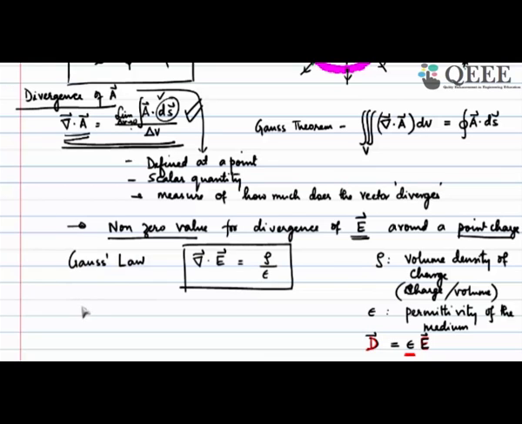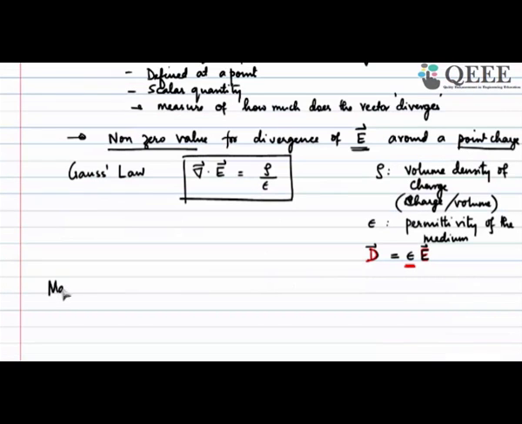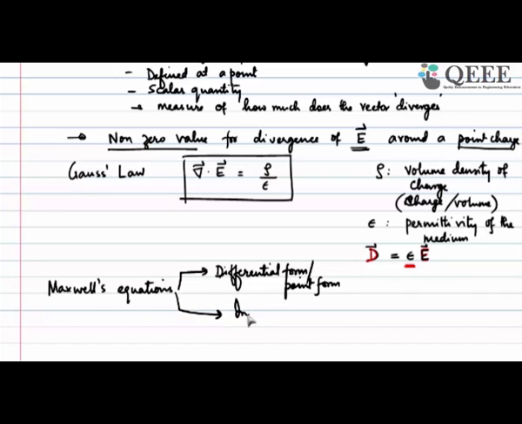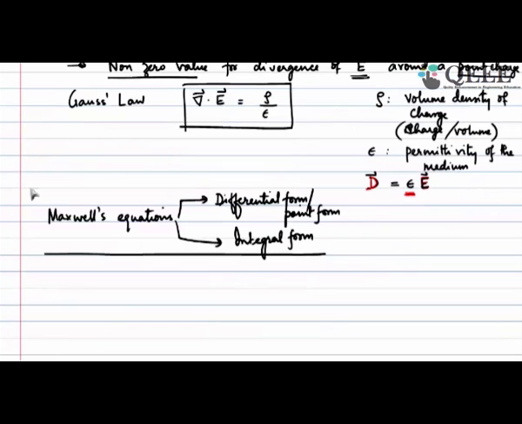Now each of these Maxwell's equations, we have 4 equations, so let me write that separately. All the Maxwell's equations can be written either in this fashion what I have done now, which is called the differential form, or the point form, and it can also be written in the integral form. And last time we discussed in detail when you would use the differential form and when the integral form. To just give you a nutshell of that result, integral form is used when